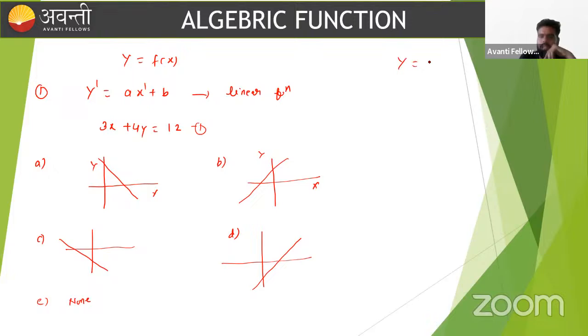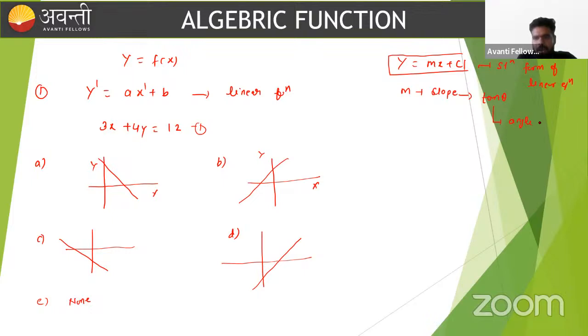Whenever such a type of question comes, y equal to mx plus c. This is the standard form of a linear equation or straight line equation. Beta, what is given here? y equal to mx plus c. So first of all, we have to understand the meaning of the terms involved here. Here, m is nothing but the slope of the line. What is slope, beta? Slope is nothing but tan theta. What is theta, beta? Theta is